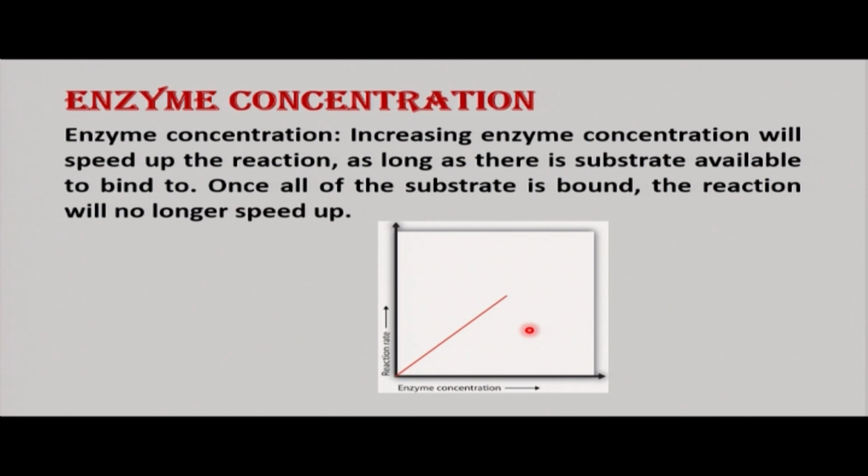Then we have another factor, which is enzyme concentration. When we have substrates, as we increase the concentration of the enzyme, we'll speed up the rate of reaction as long as there is substrate available to bind to the active site of the enzyme. Once all of the substrate is bound, the reaction will no longer speed up. It will be constant. So this is the graph describing the rate of reaction: as the enzyme concentration increases, the rate of reaction will also increase up to the time when all substrates are bound to the active